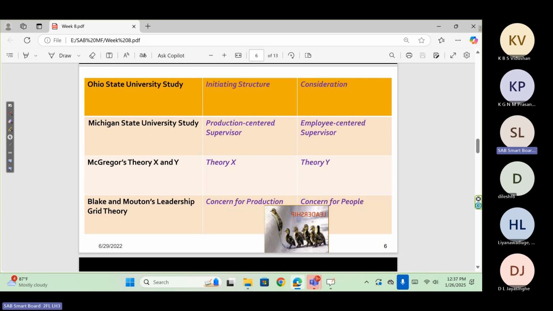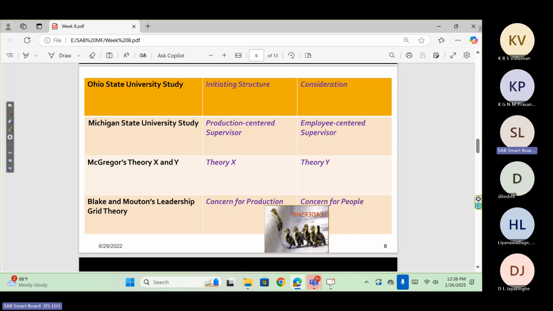Then Ohio, which should have been mentioned before. The Ohio research group attached to the Ohio State University in the same USA found the same two dimensions, but they gave these names. The two dimensions are task consideration and relationship consideration. But I mentioned this in the given definition. You will write it down.